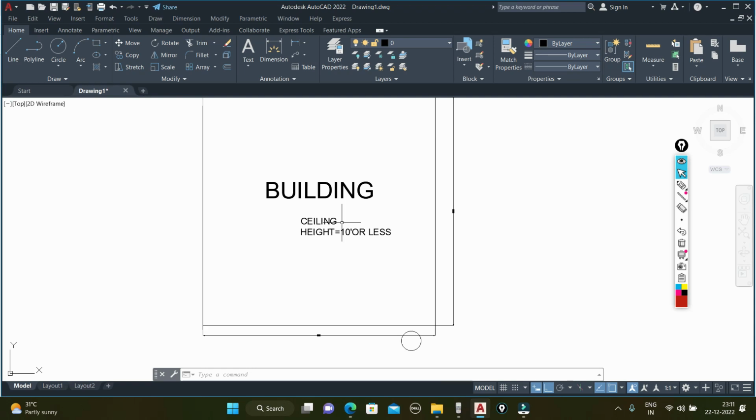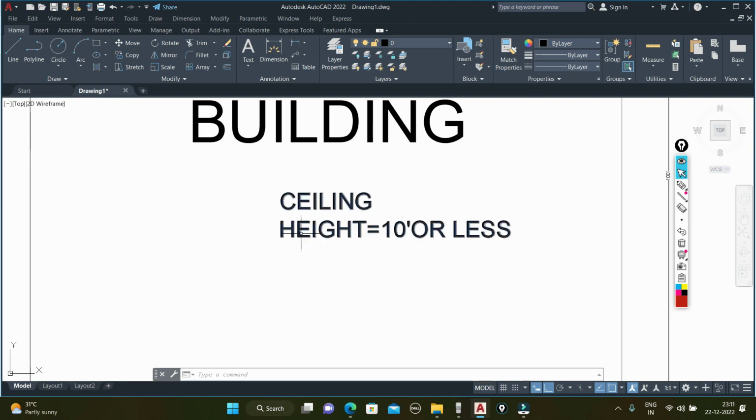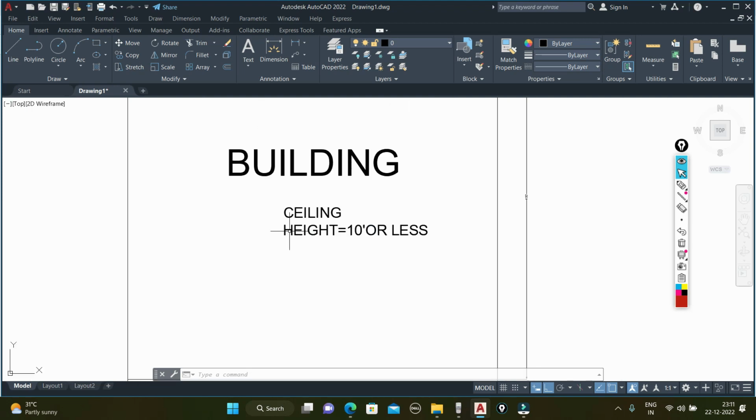How many types of sprinkler we use in the firefighting system, I will explain in detail in our next video. But here we have to understand only that the ceiling height is 10 feet or less,